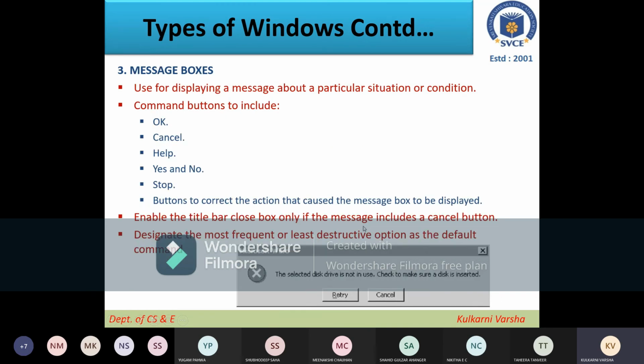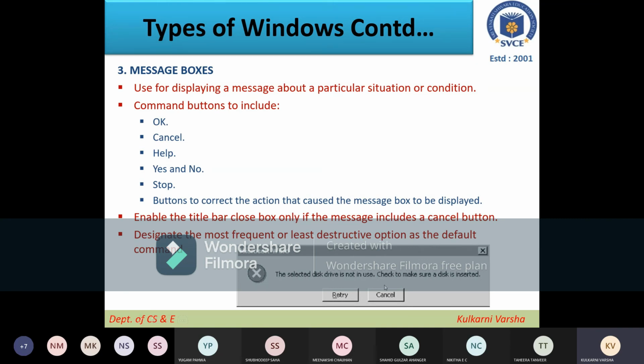Then moving to the third one, message boxes. With message boxes we are not feeding anything or asking for any data to be entered. They display a message when some particular situation exists, some particular event happens or some condition activates.